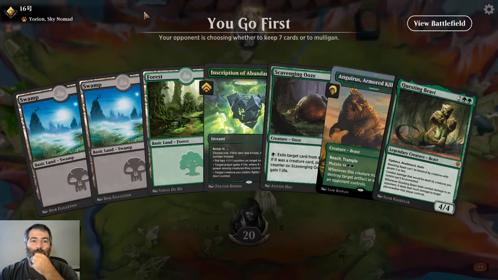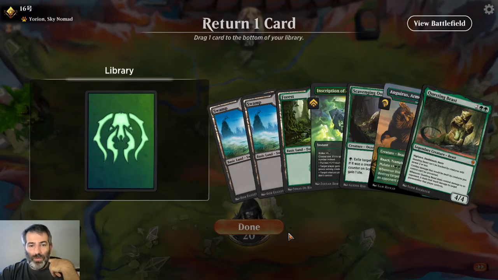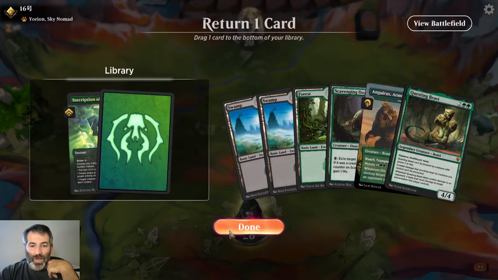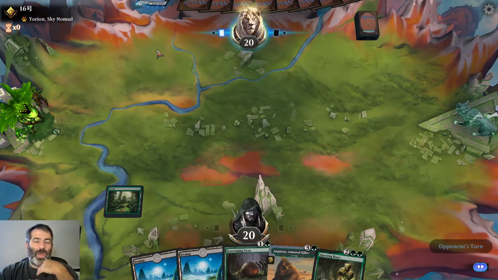My opponent's really thinking hard about what to do here, apparently. My opponent is 16 symbol. I apologize. I don't know what symbol that is. Man, I hate to get rid of Inscription of Abundance, but I have to here. Forest, go, and obviously turn 2 Scavenging Ooze, and